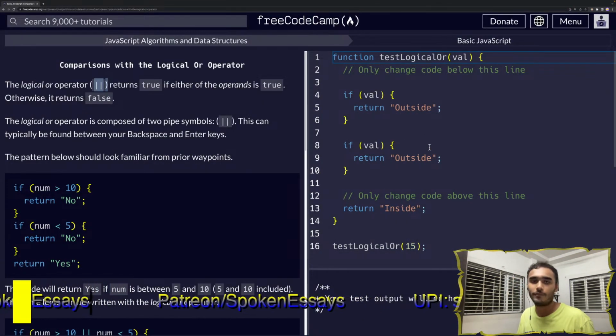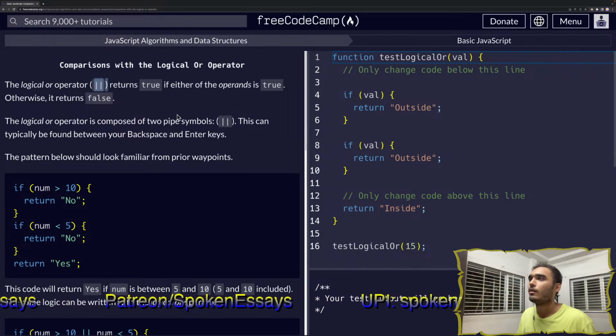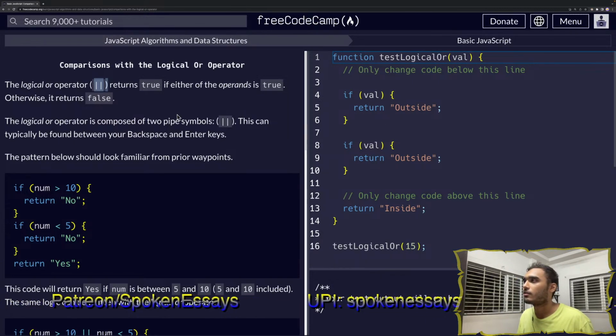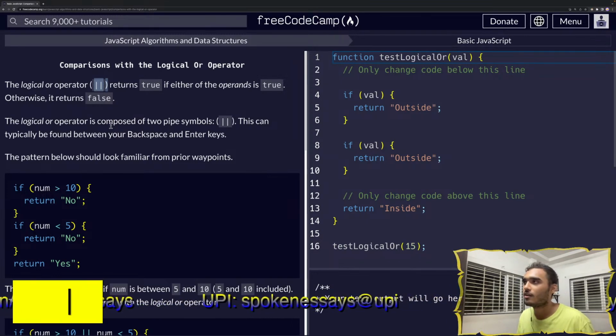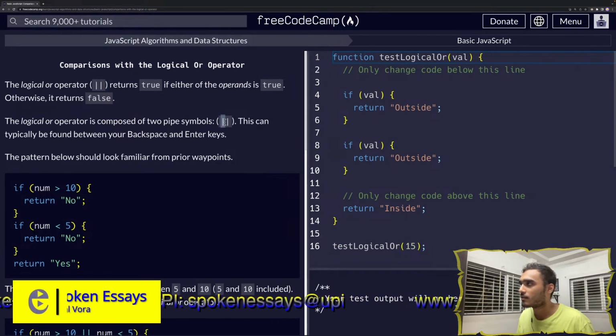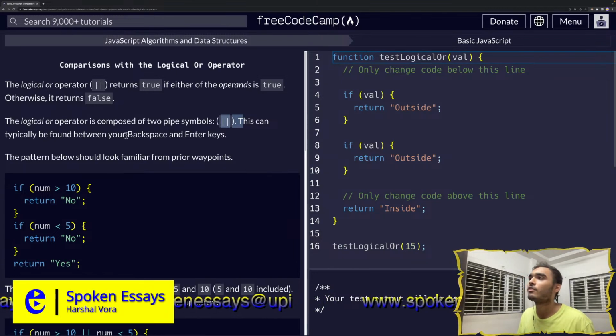Okay, the logical OR operator returns true if either of the operands is true, otherwise it returns false. The logical OR operator is composed of two pipe symbols. This can typically be found between your